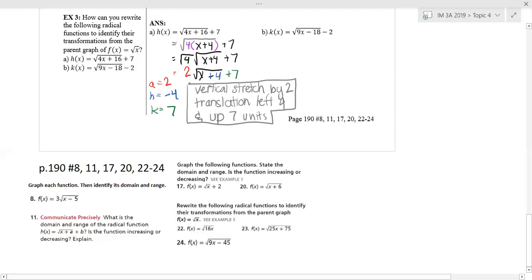Remember that it would be moving to the right if h was positive, moving down if k was negative. And if a was smaller than 1, meaning like 1/2, 2/3, a proper fraction, that would be a vertical compression instead. But strategically, the idea of factoring out the coefficient on x is what we want to do for each of these. So again, we're taking our